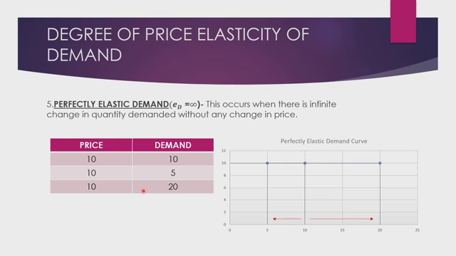This kind of condition happens only in a perfectly competitive market, where there are a lot of companies which actually compete with each other. With the introduction of various external factors, there might be an increase or decrease in the demand for your good, though the price of the commodity continues to remain the same. In this situation, we have a perfectly elastic demand curve. One of the features of the perfectly elastic demand curve is that it lies horizontal to your x-axis. So this is your perfectly elastic demand curve.